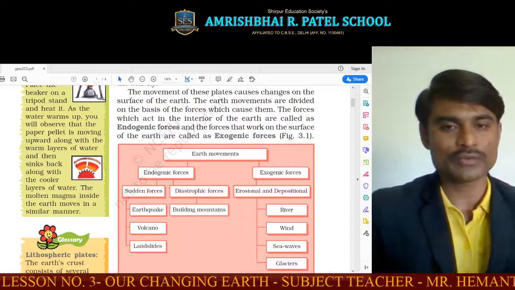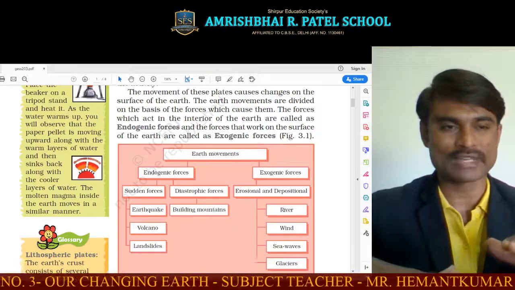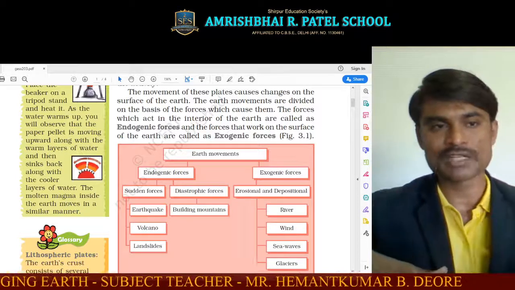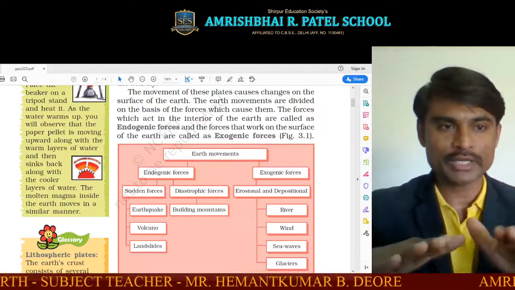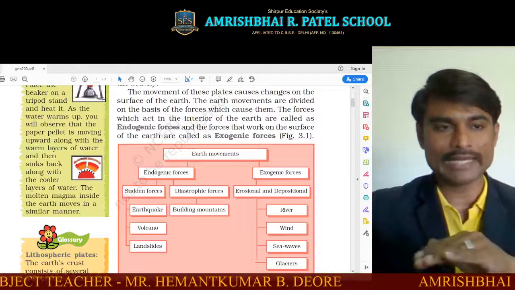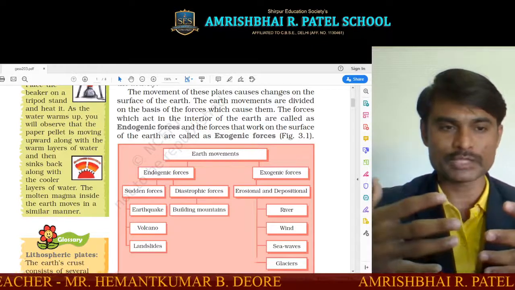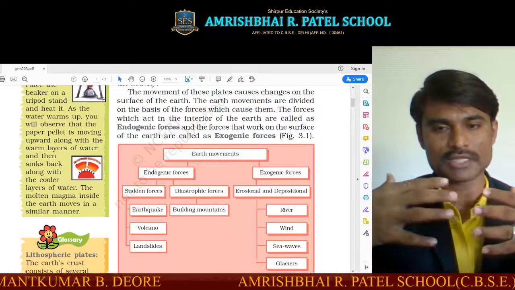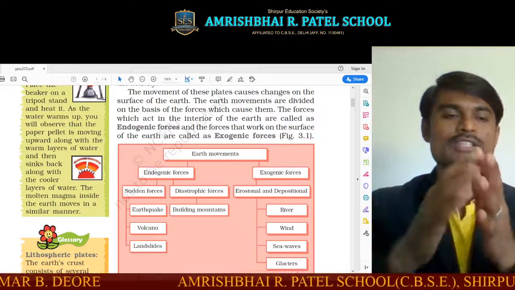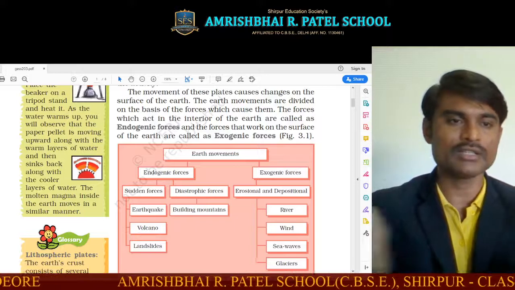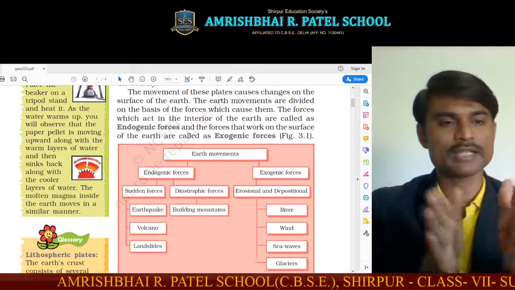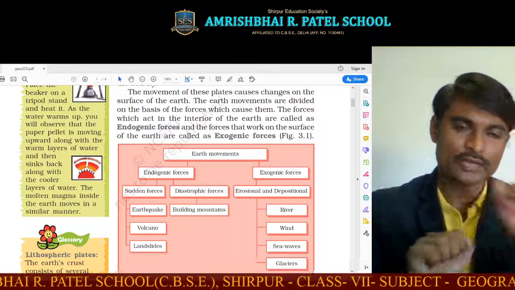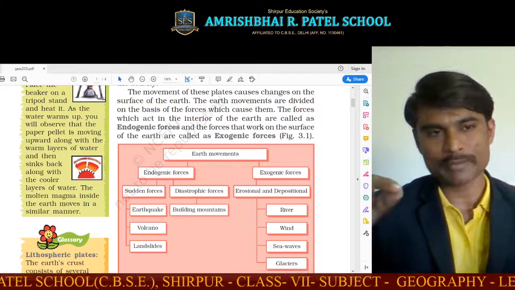The diastrophic forces also build mountains. Now I will tell you how these mountains and landforms have been built. There is the tectonic plate theory. Sometimes when these plates move, there are convergent boundaries, where the plates move toward each other, and divergent boundaries, where the plates move away from each other. And sometimes, at transform boundaries, the plates collide with each other like this. In this way the movements happen.